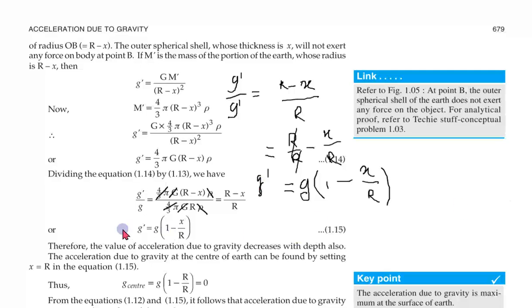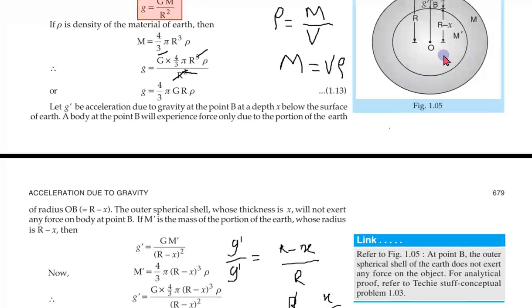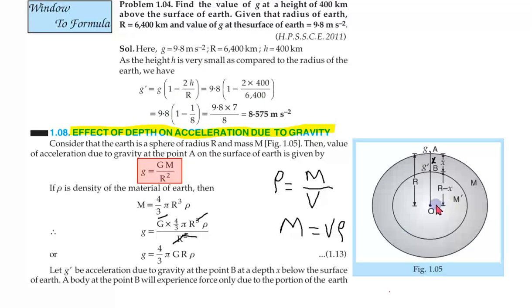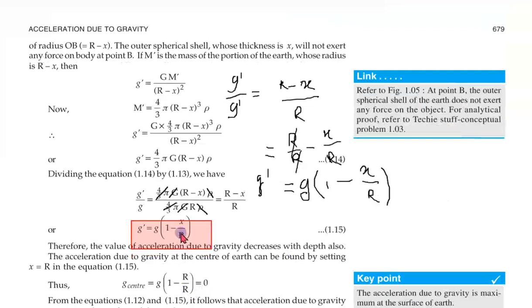Final answer. Now we have a special case. What will be the value of g at the center? Like center here, and g value here at the center means x and r are equal, x up to r distance. That means r and x are equal. It's one in the center. So g